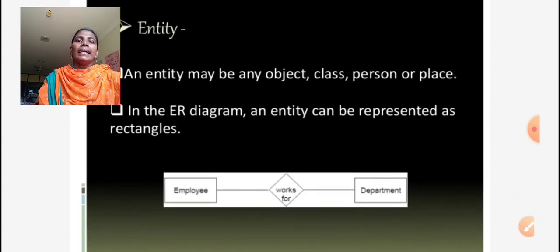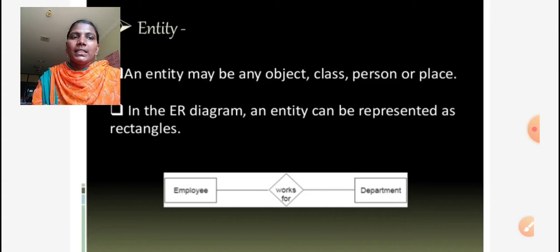Here is the definition of entity. Entity means it is an object, a real-world thing: a class, a person or a place.